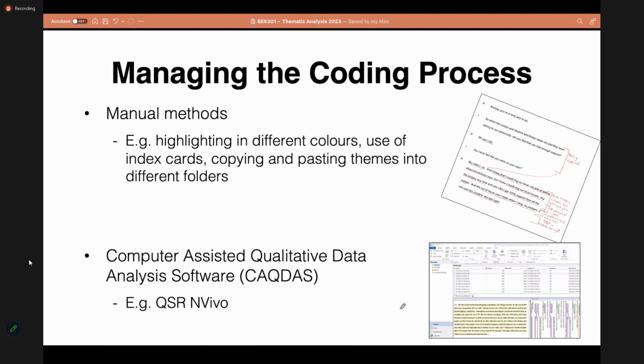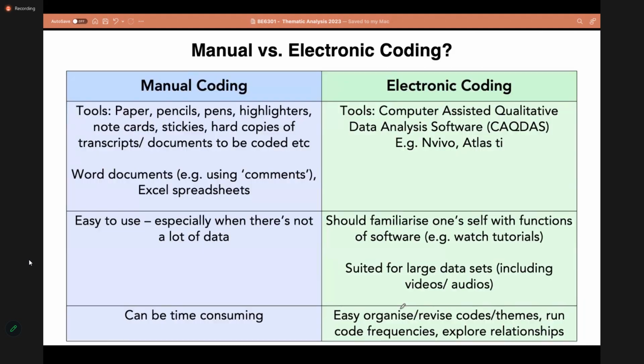So we'll look at both ways of doing coding. We are not saying that one method is better than the other. Depending on your situation, you might select whether you're doing manual coding or electronic coding.